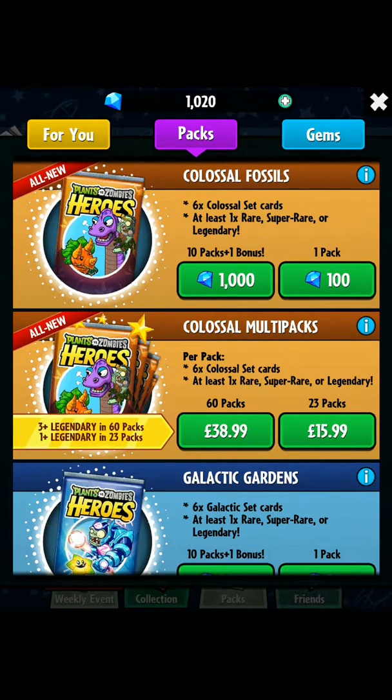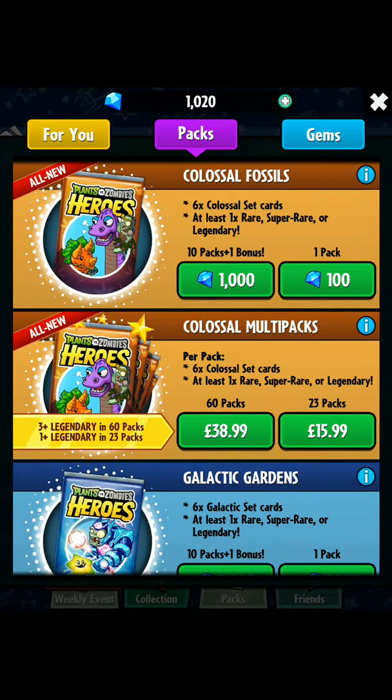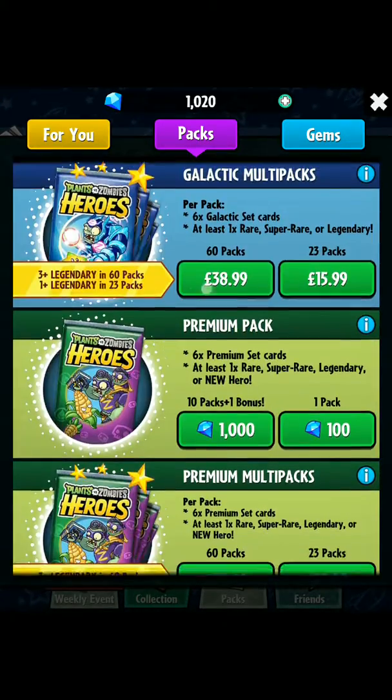For today, I've got enough for a multi-pack, and this time I didn't go pay to win. I've saved this up because, of course, you get a massive gem rush whenever the season resets. I spent them all quite quickly, actually, mostly up until rank 18, when I realised if I just don't spend any more, by the time I get to the Diamond League, I should have about 1,000 gems, and it looks like I was pretty close, because I have 1,020 gems exactly. After doing the whole getting all my way to Diamond League, so